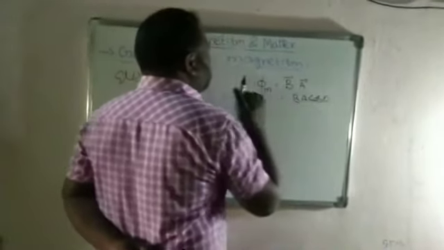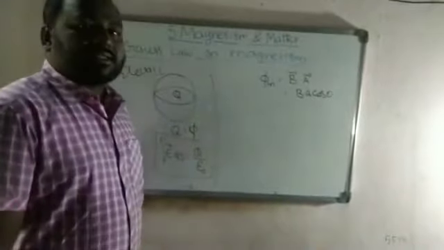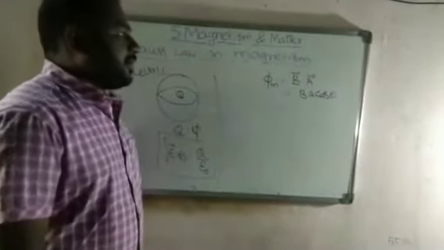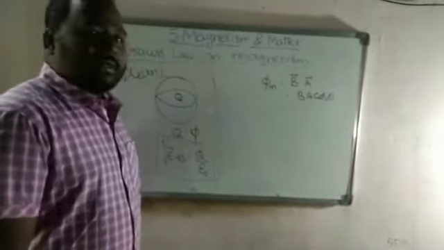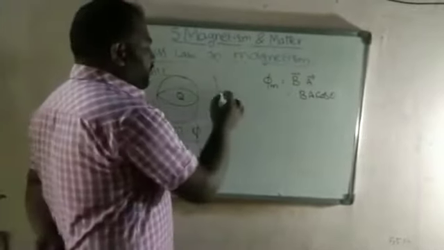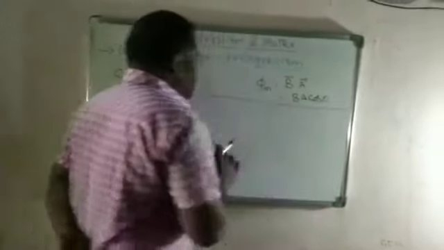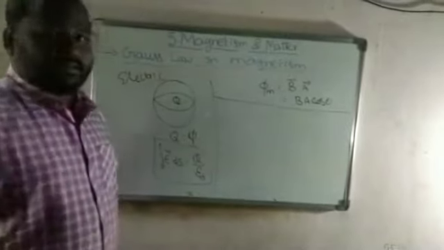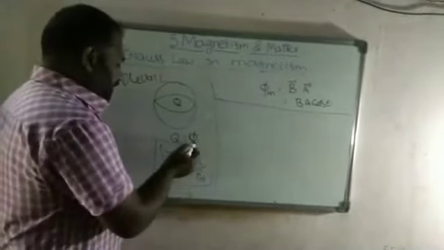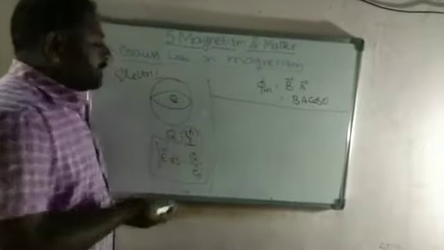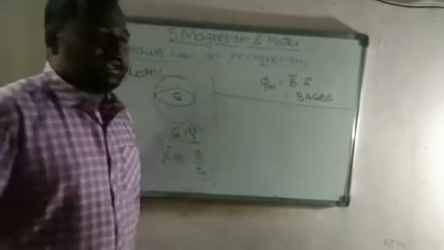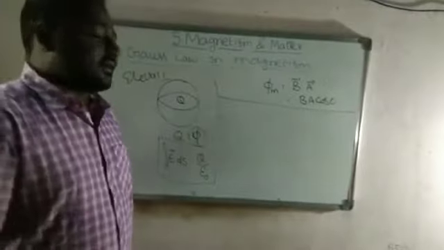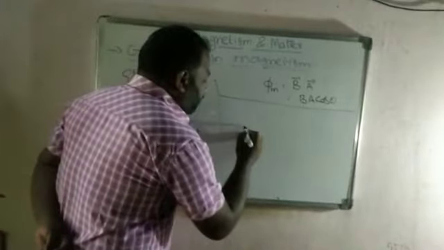So remember this formula: the magnetic flux is equal to B bar dot A bar, which is equal to B A cos theta. Before discussing the Gauss law, here we also calculate the flux, the electric flux. Similarly, here we are going to calculate the magnetic flux. Now I am going to consider